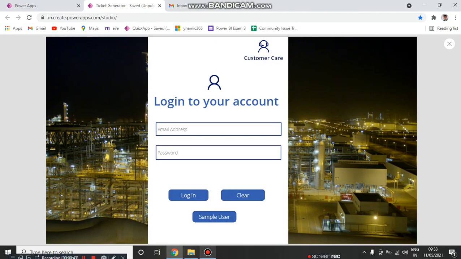After the sample user part, Mr. Admin comes into the picture. Mr. Admin only changes the status of the issue. If the issue is resolved, change the status to approve, otherwise pending. So this is the part of admin.